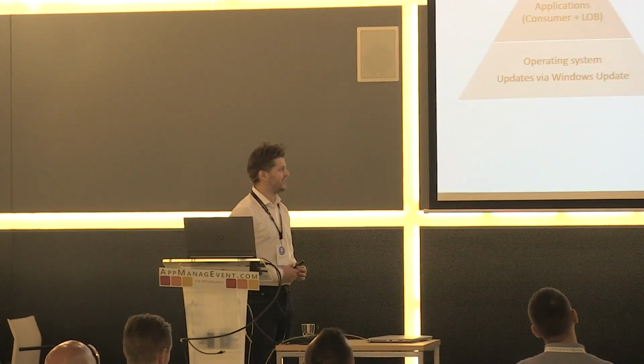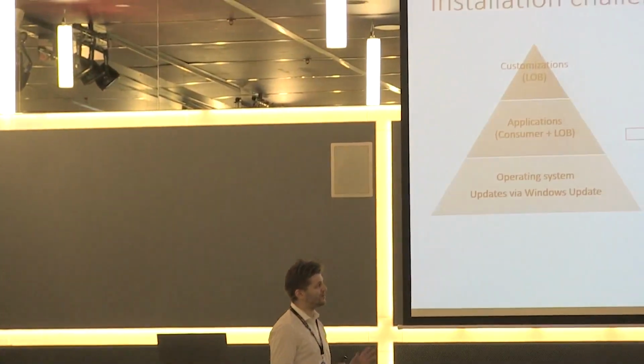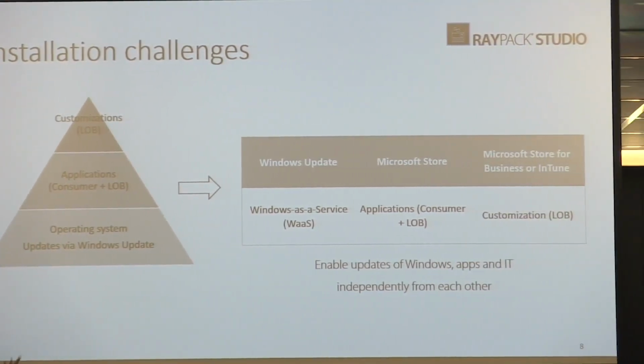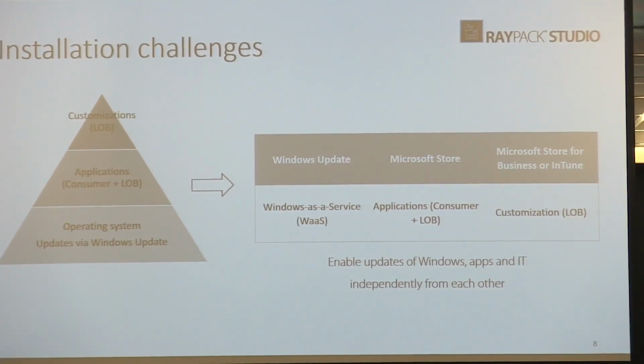So it actually has transformed into something more horizontal, which is Windows as a service, getting constant updates, apps getting delivered, for example, from the Microsoft Store or just any other kind of deployment, and customization to these apps also completely separate. So keep your apps flowing. Every single part of that is changing independently. And that's, let's call it, a red button model. So let Windows make an upgrade, let apps do their upgrades, and when everything is fine, then it's fine. Otherwise, press the big red button, stop the rollout,